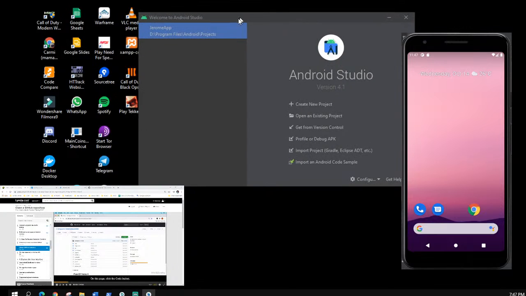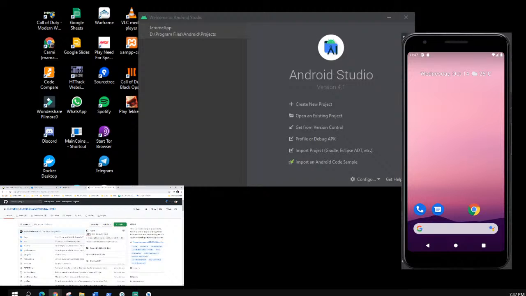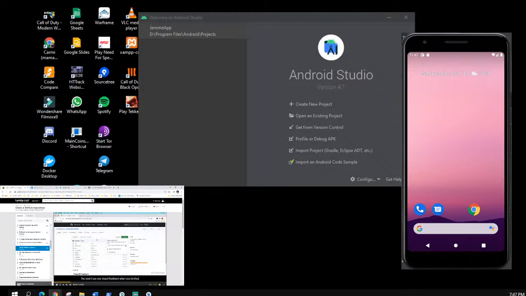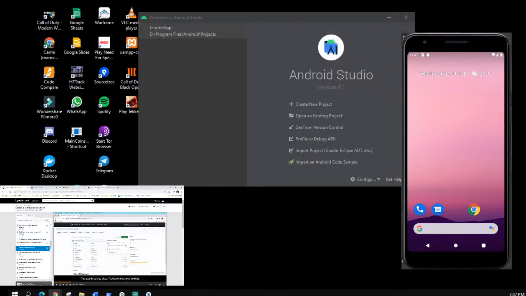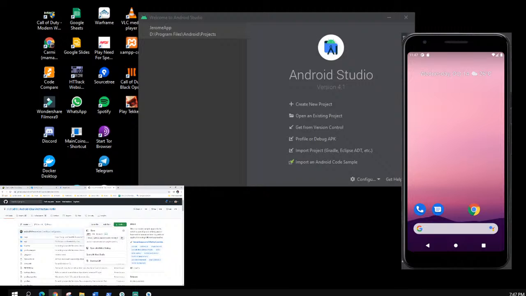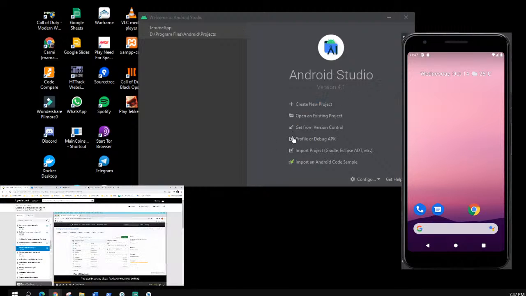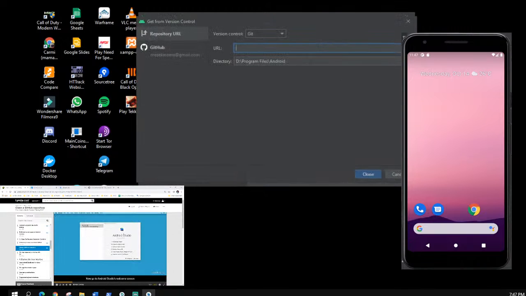On this page, click the Code button, and then click this button to copy this URL to the clipboard. You won't see any visual feedback when you do that, but the URL will be copied. Now go to Android Studio's welcome screen and click on Get from Version Control and paste the URL into that